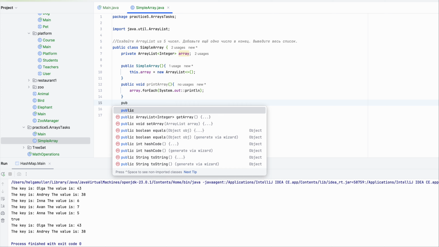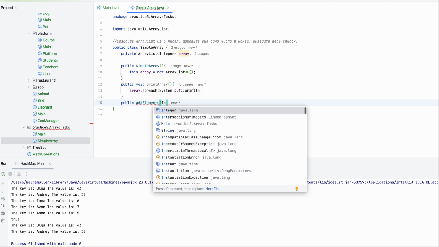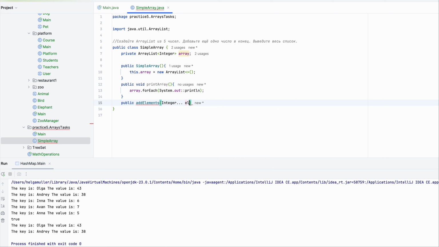So let's first create a method for adding bunch of elements. addElements, and we will take integer elements as arguments. So using this public void again, it's my new mistake to forget return, and we will use method